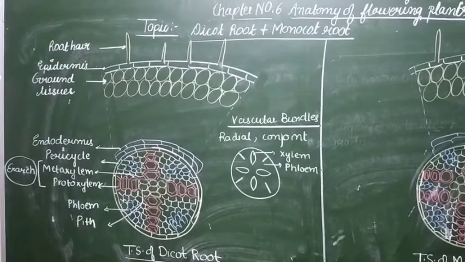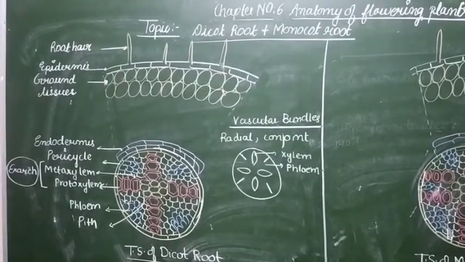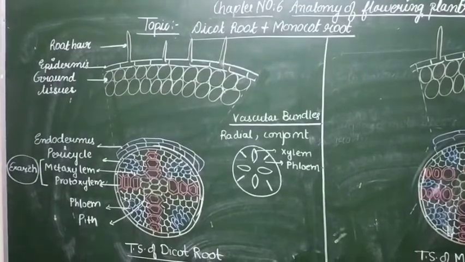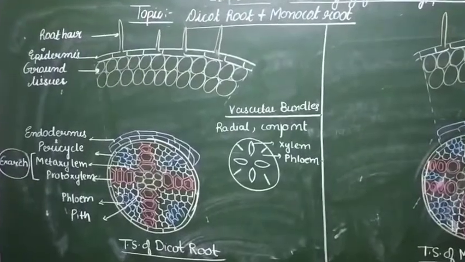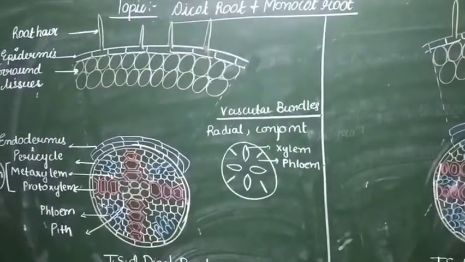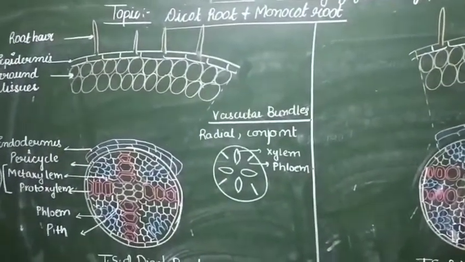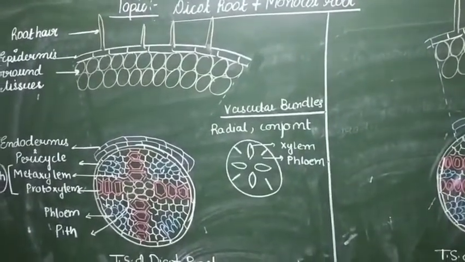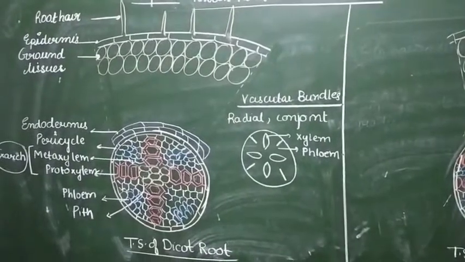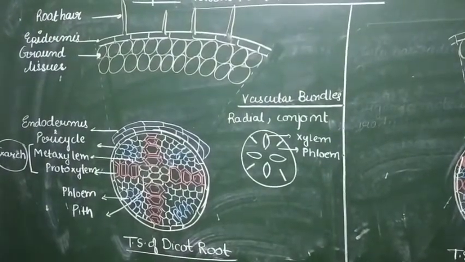Now, below the ground tissue, there is a layer called the endodermis, again a continuous layer, which is made up of sclerenchyma tissues. And below it, the pericycle is there. It is a continuous layer again, beta, which is demarcated by the yellow colored line. Below the pericycle, the roots have vascular bundles.